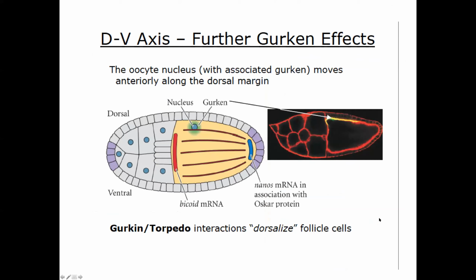Yes. So it'll activate torpedo signaling in this subset of follicular cells, right? Now this, again, very localized activation of the follicular cells, this interaction will now set up the dorsal ventral axis. Now, this is very interesting because